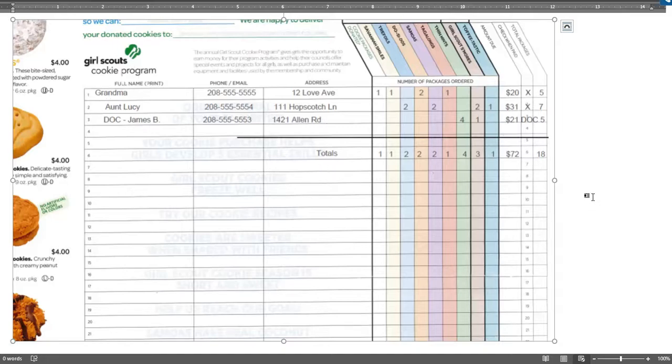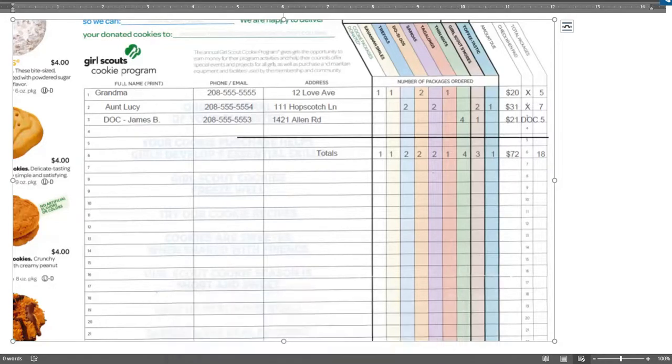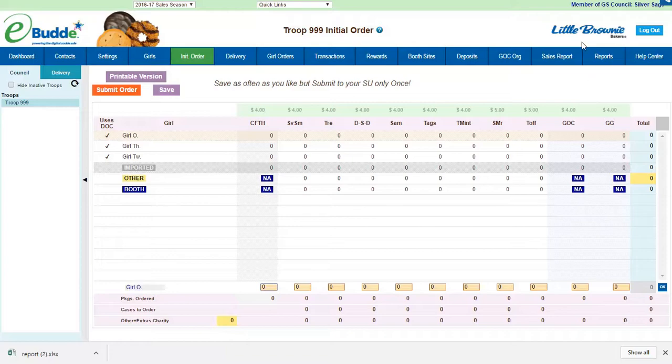Let's just say that that doesn't happen. In a perfect world, this is how we'd have every girl do it so that those boxes count towards her initial order boxes, and if she was close to that 250 mark, she'd be able to hit it. But if that didn't happen, the girls didn't place it, the troop leader can then go back into eBudde, go to the reports tab,